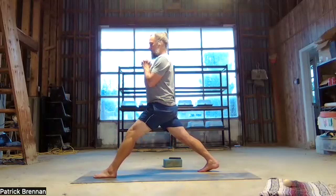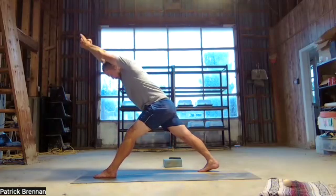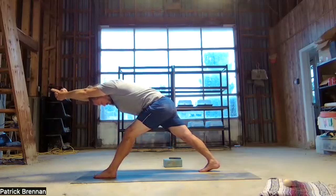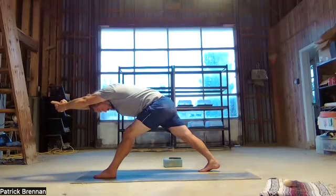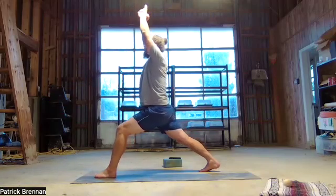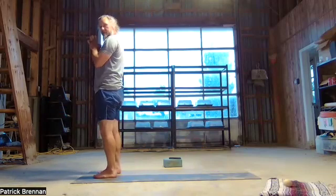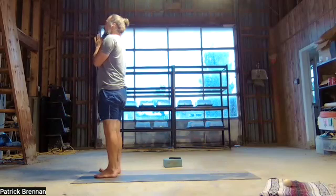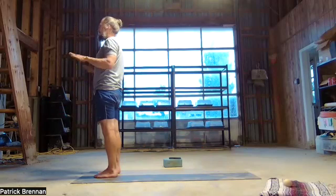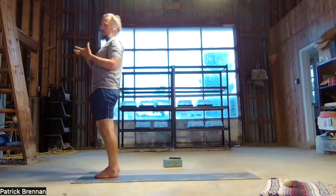Interlace the fingers, extend the arms overhead, and then tilt forward to what your hamstring feels capable of. Maybe extend those index fingers, and then we'll rise back up. Rebend the front knee, drop the hands, and step to mountain. Breathe and land here. When you're ready, when your body feels recovered, and that really should be your guide,